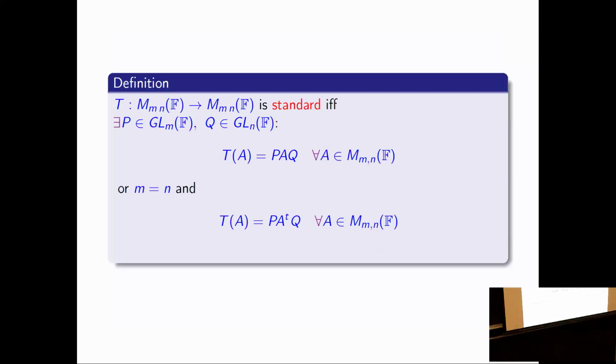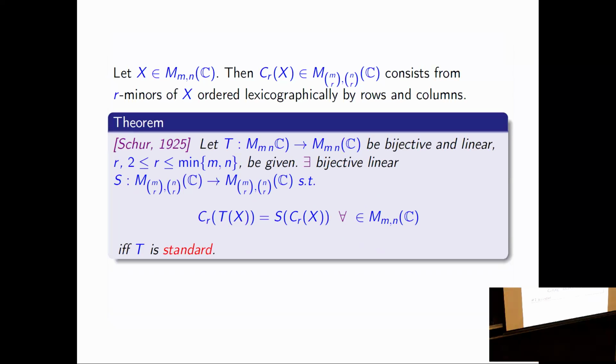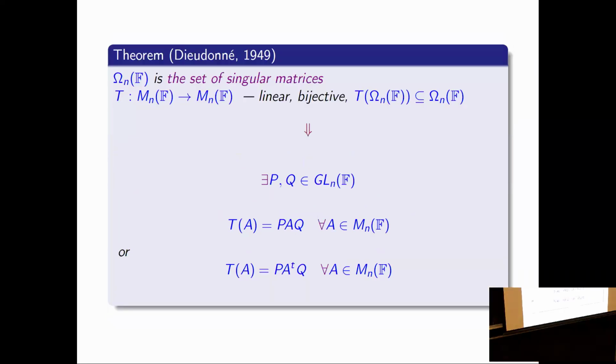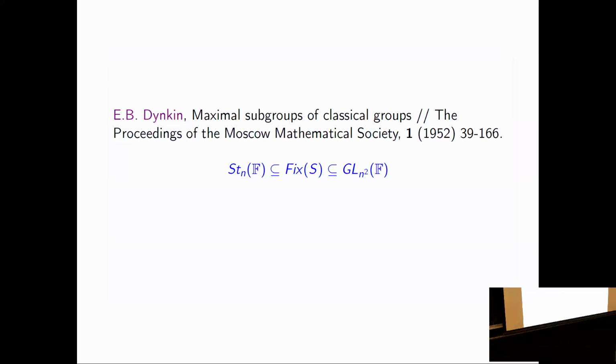When it was generalized by Schur, who was working with minors, and when it was generalized by Dieudonné, who was working with the singular locus of the determinant. So singular matrices are mapped to singular matrices, and you ask what the maps are. And in many situations, standard maps appear. Some technique,